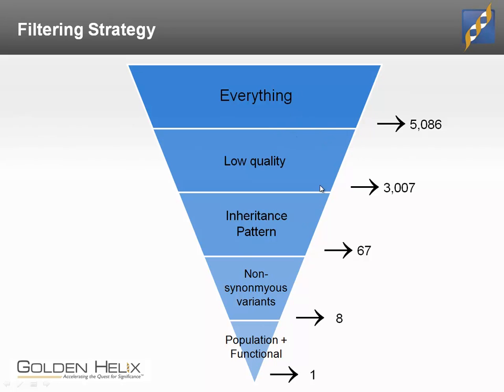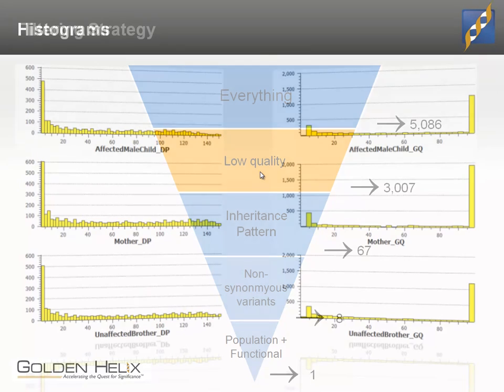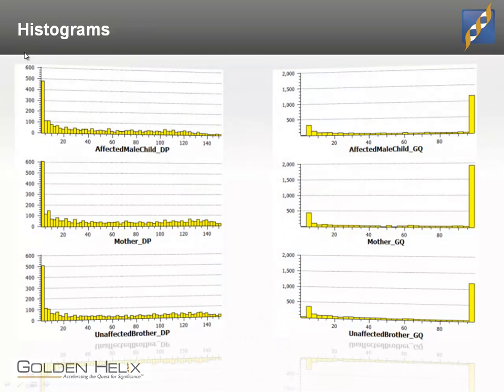And we're going to do, on first pass, an important filter that you should do, or at least investigate, anytime you're looking at variants. Remember, when we call variants, we're not just getting to the point of genotypes. We have supporting information from the actual sequence data itself. That information will include things like the genotype quality and the read depth. And I'm going to show you what that looks like in histogram form.